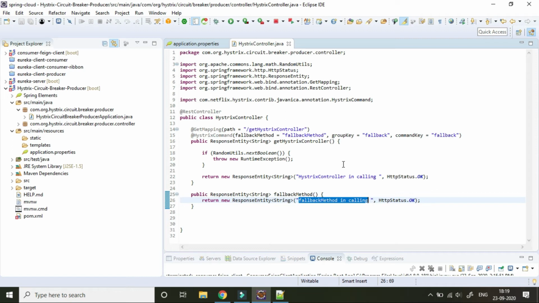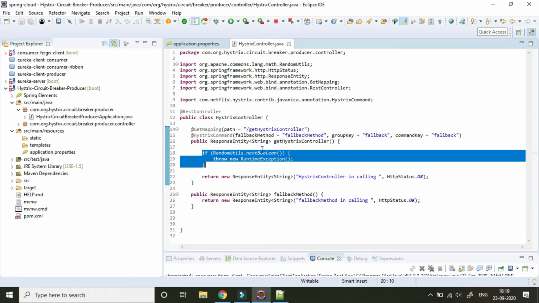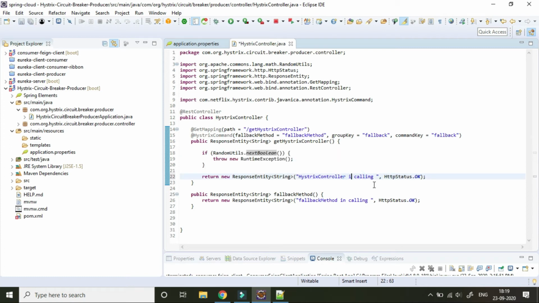And at some point, if this boolean returns false, it will not go into the if block, so our execution will work normally and return that the Hystrix controller is calling. This is our normal and basic implementation of Hystrix and circuit breaker.